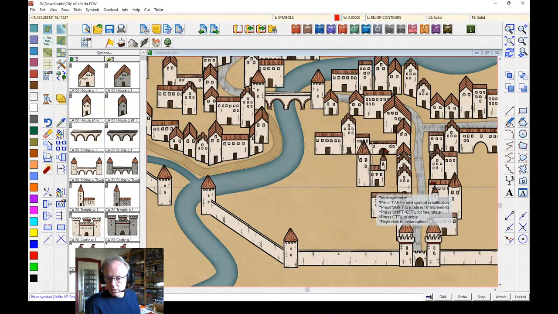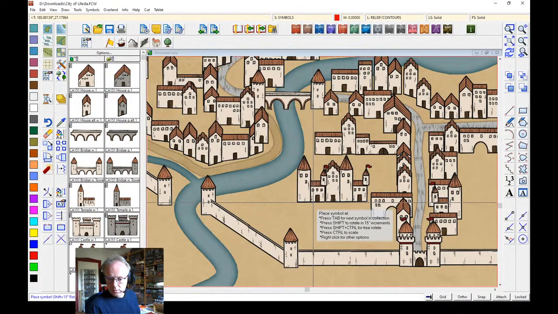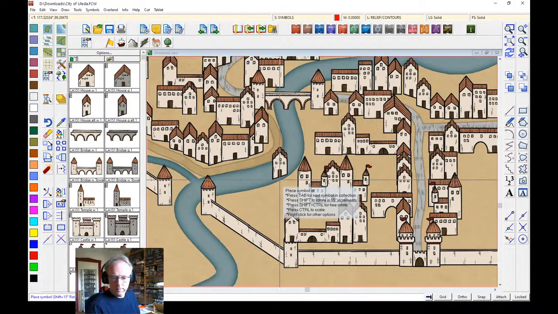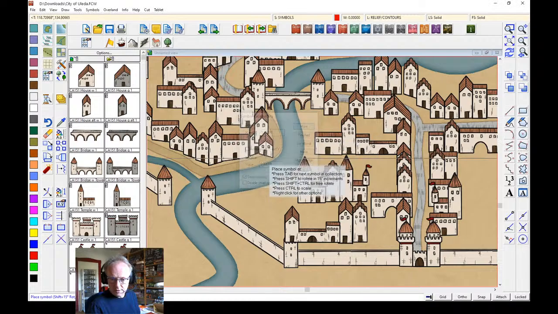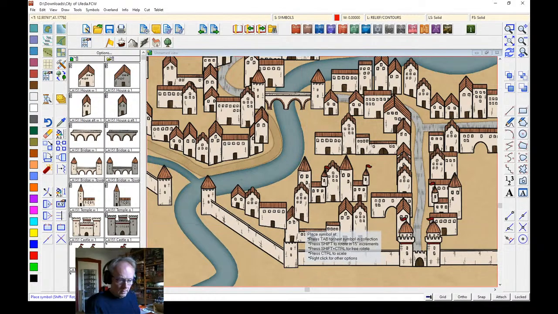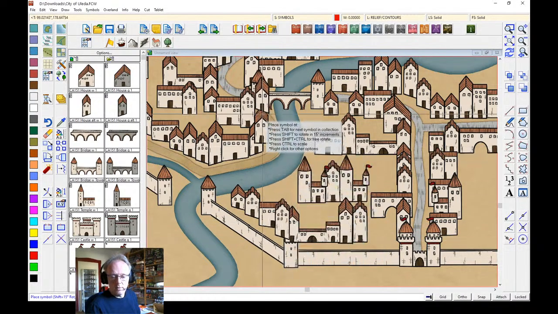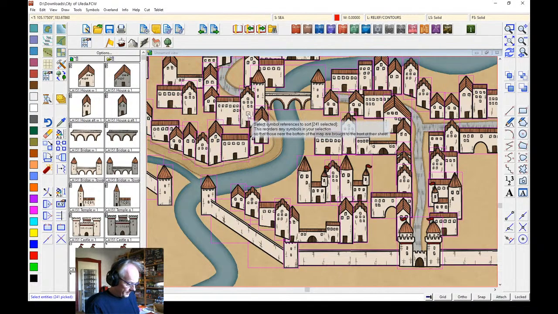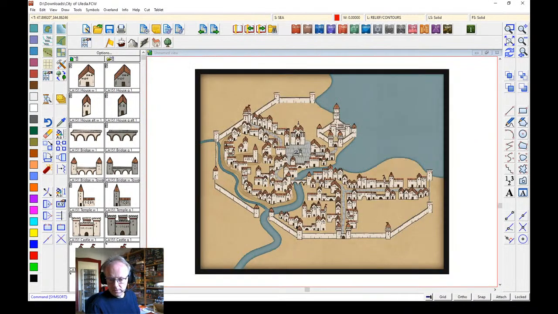And let's put in some more side streets here. Mirror this. Okay, and now it's time to do another symbol sort again. We are. Okay,